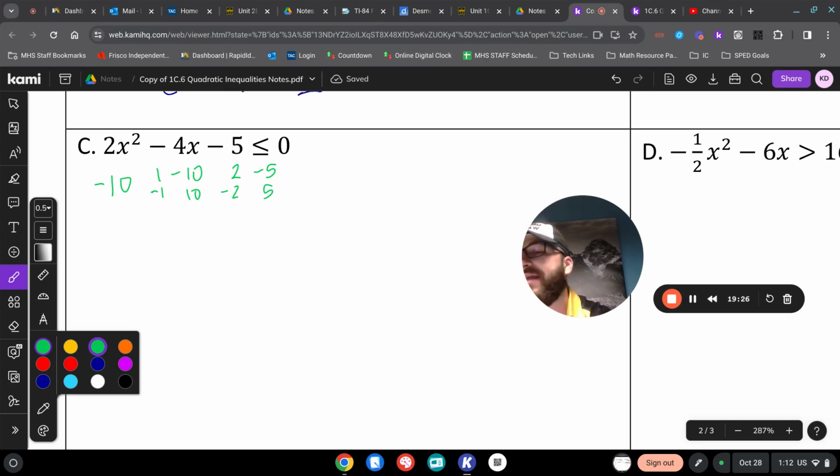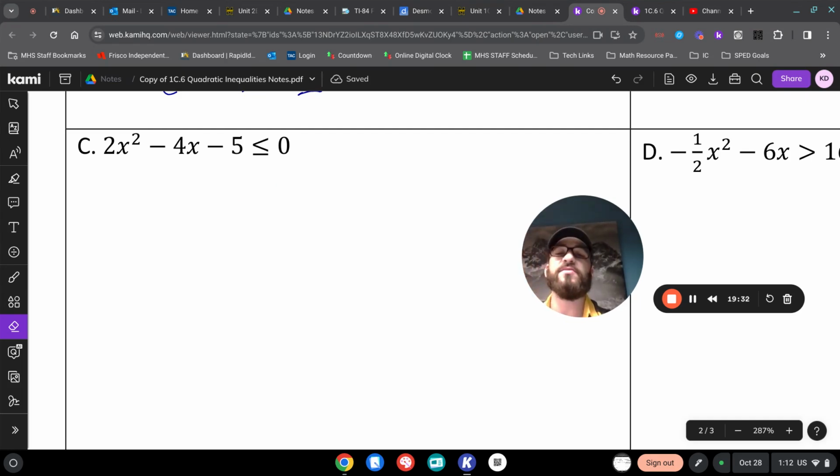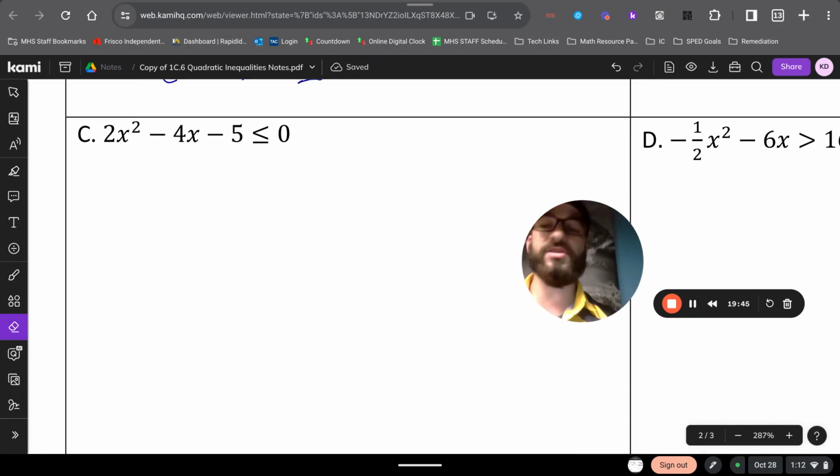So when we can't factor by traditional means, but we still need those x solutions, because remember, we are just factoring so we can get those solutions, those zeros. We always have a trusty method that we can use to solve for our x values, which is our quadratic formula. So let's go ahead and use our quadratic formula for this one. It's a little bit grosser, but it's going to give us those x solutions we need. So x is equal to